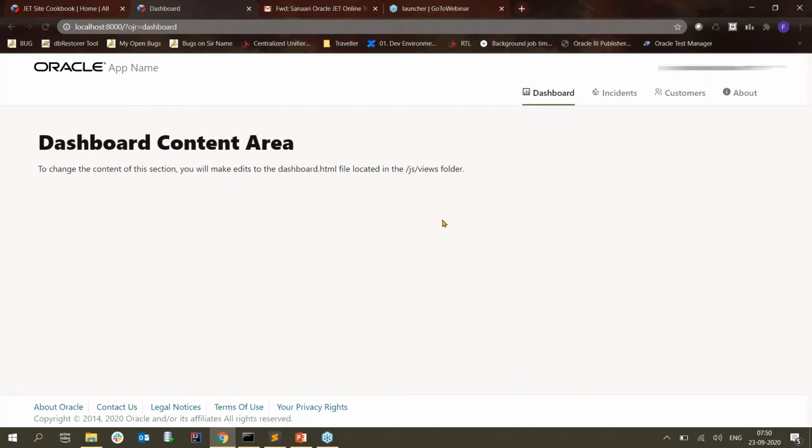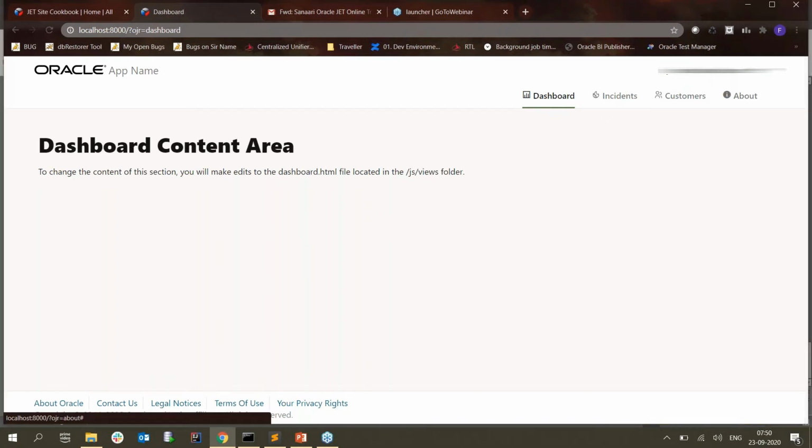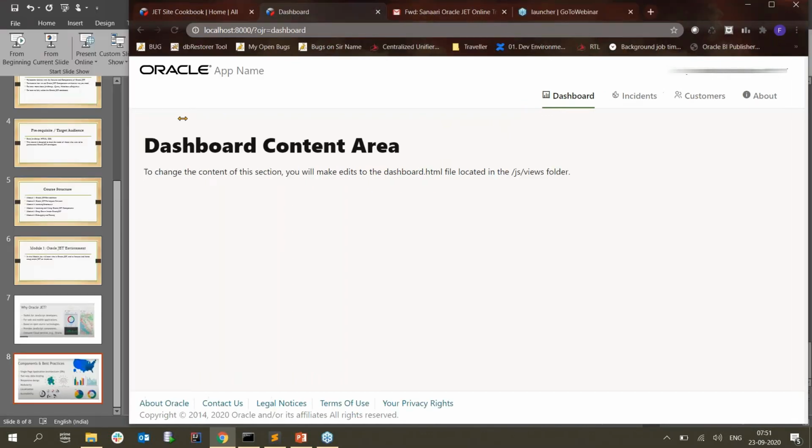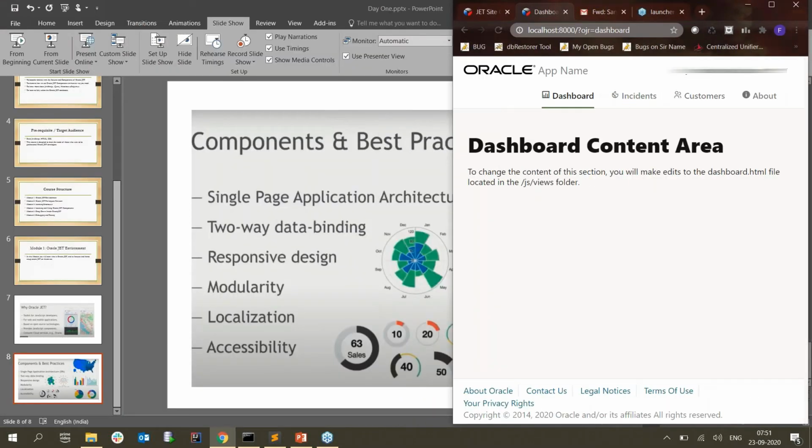So in this screencast, I'll be showing you how we are going to create a basic template out of it and what the different functionalities are. For example, you're able to see the screen, right? Oracle Jet is kind of flexible. What I mean by flexible is, you're able to see the different tab options, right?